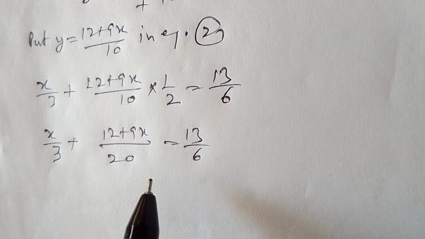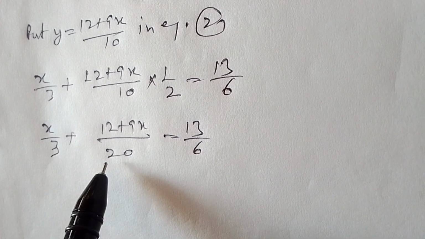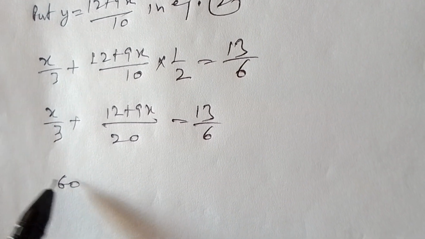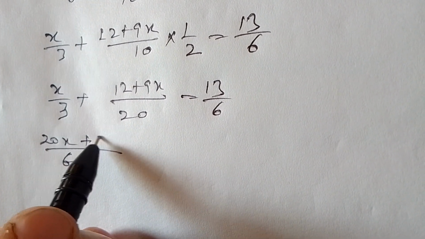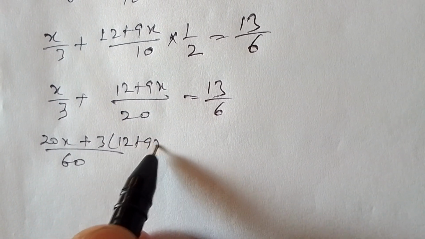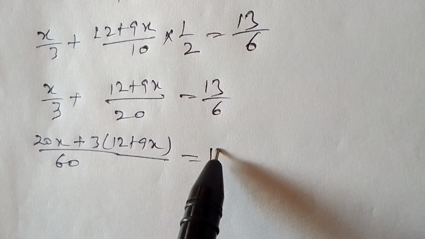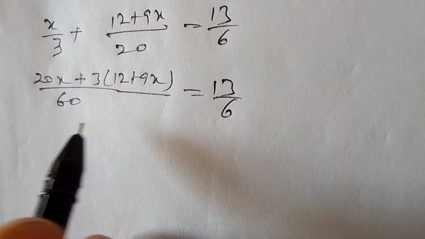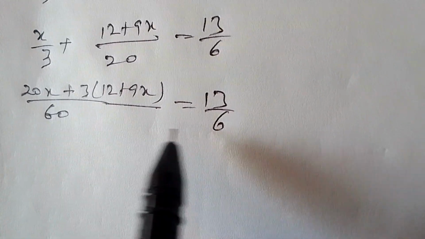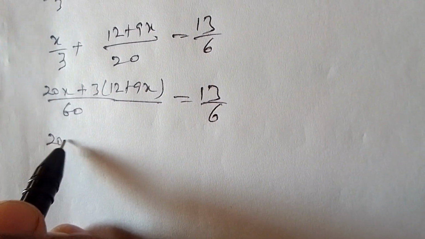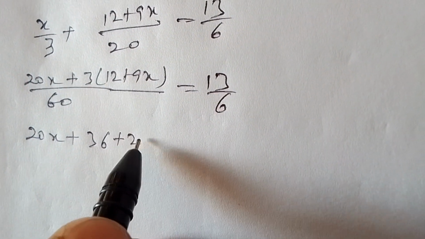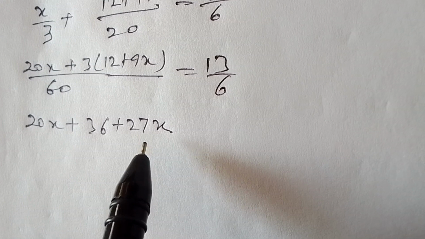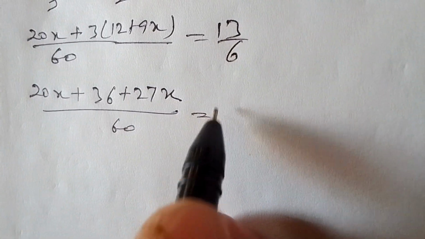Now taking LCM 60, it becomes (20x plus 3 times (12 plus 9x)) is equal to 13 by 6. So (20x plus 36 plus 27x)